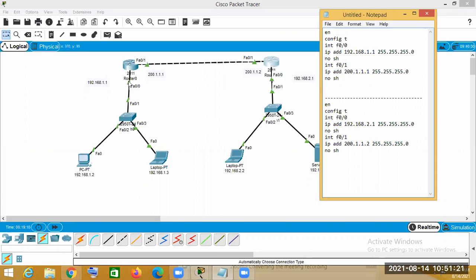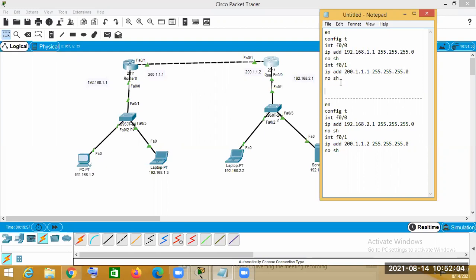Now F0/0 is a port of this router, and F0/1 is another port of the router. These are the two ports of the router. In F0/0 I have assigned the IP address 192.168.1.1, and in F0/1 I added the IP address 200.1.1.1, with mask 255.255.255.0.